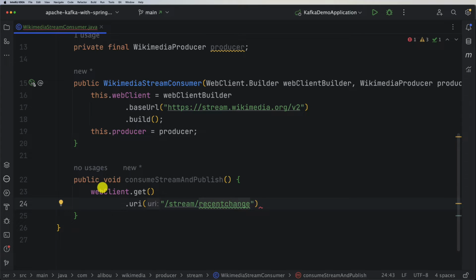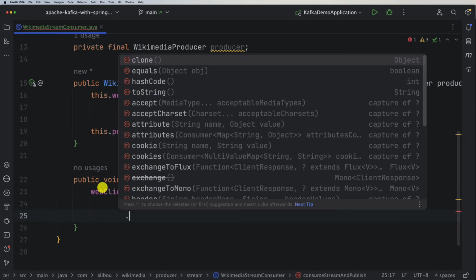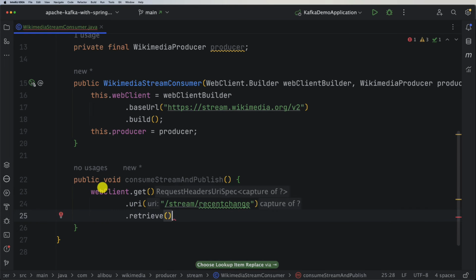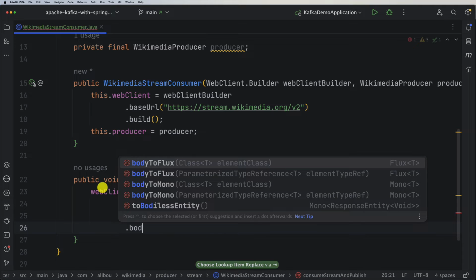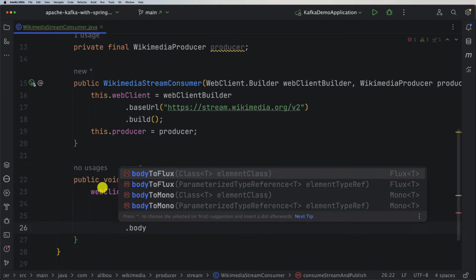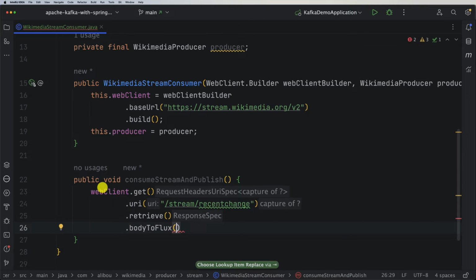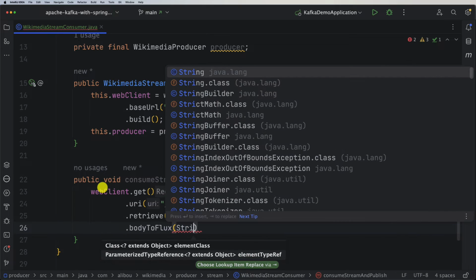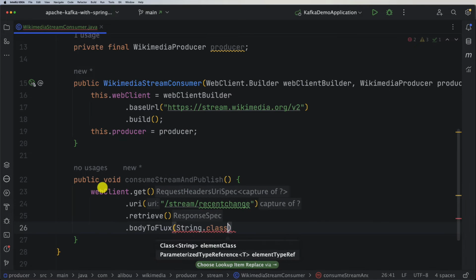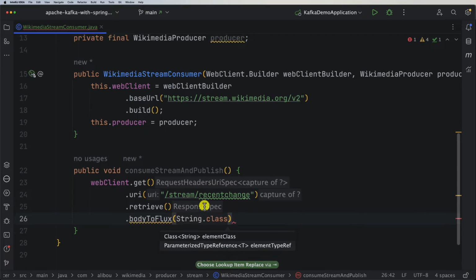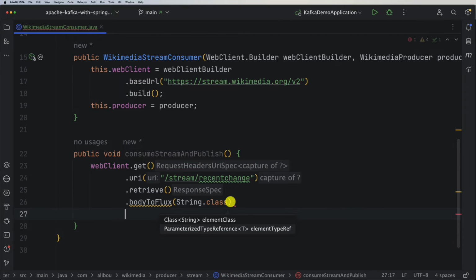All right, so this is the endpoint, and then what we want to do is retrieve, right? And then we want bodyToFlux, so we want to transform our body to Flux, and the format is string. So this is what we decided: we want to consume and produce a string. And afterwards, how can we consume what is coming from here?